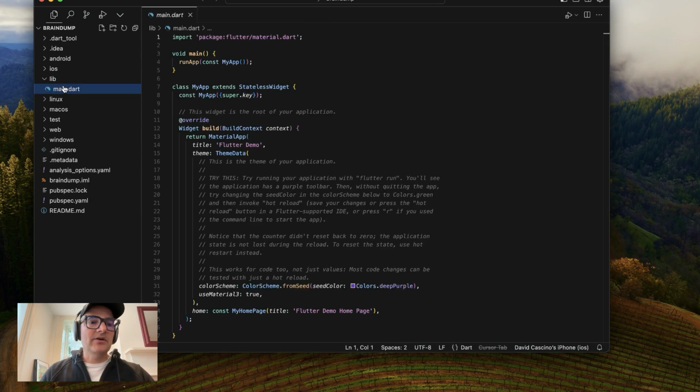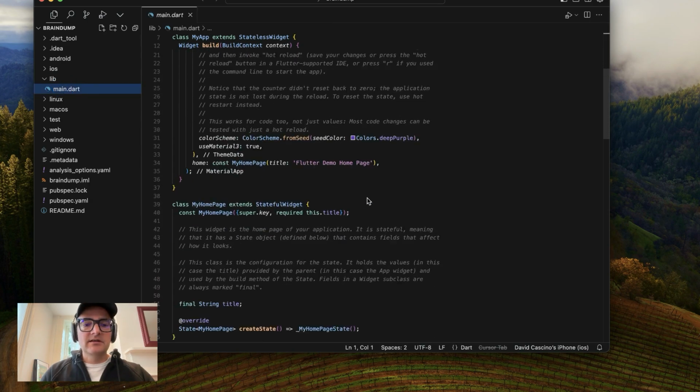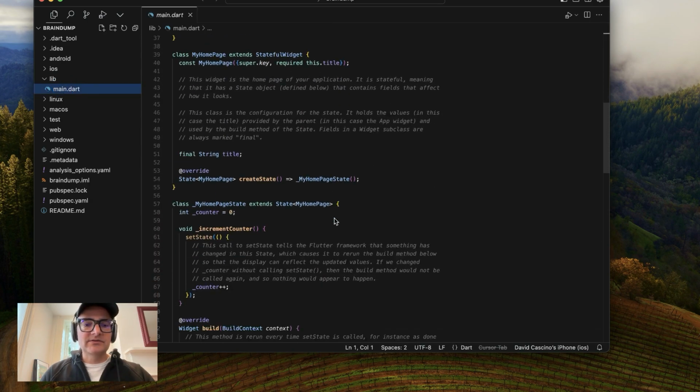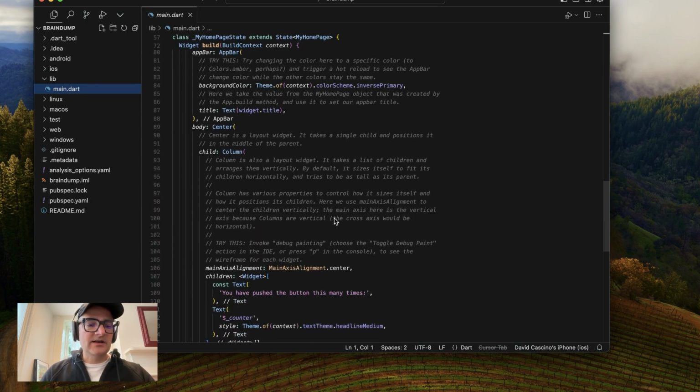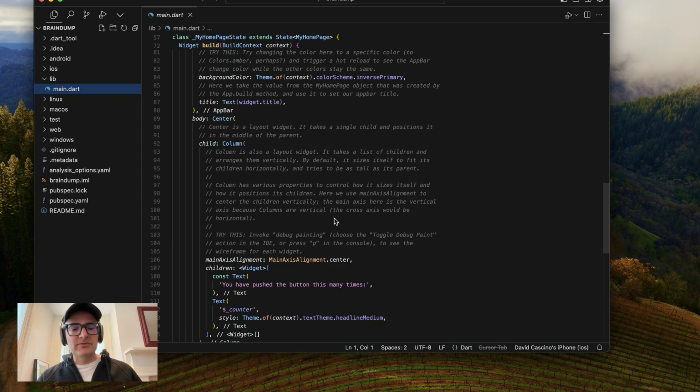You can see main.dart is really the only code that it's written. And it's barely any code, like most of these are comments. And this is going to create sort of their Hello World app, which is just a counter. And when you click on the button in the counter, it will increment a number. So it's like a very simple app, and it's a good place to start if you're building a Flutter app. You can kind of create this project to get all the absolute bare minimum files that you need, and then you can just strip out whatever sample code they put, and then you can start building your app.